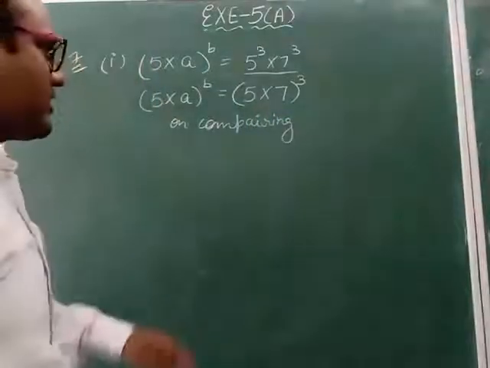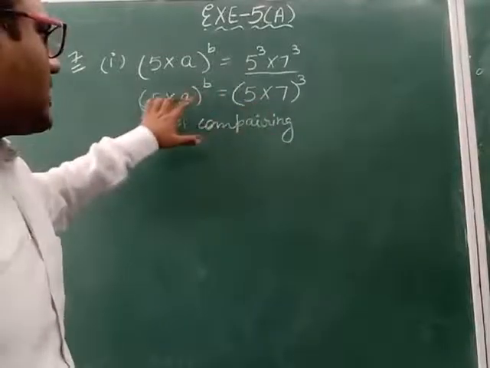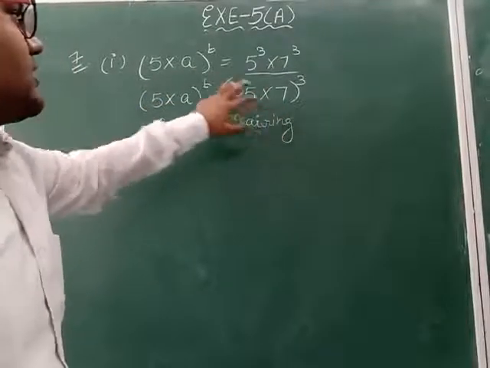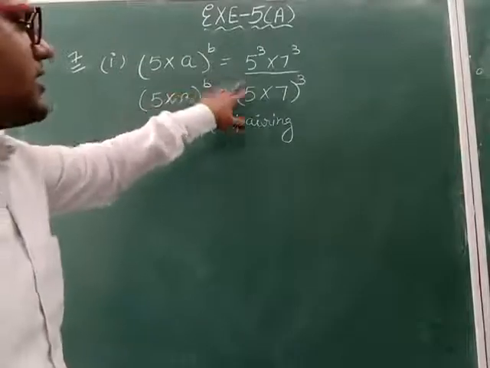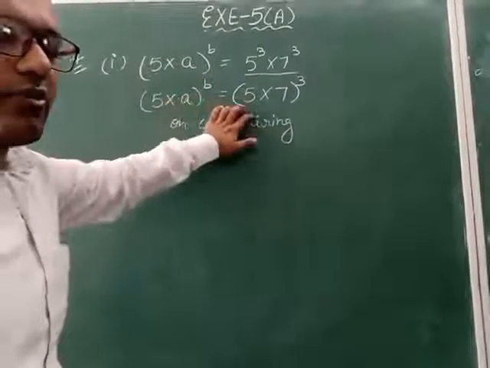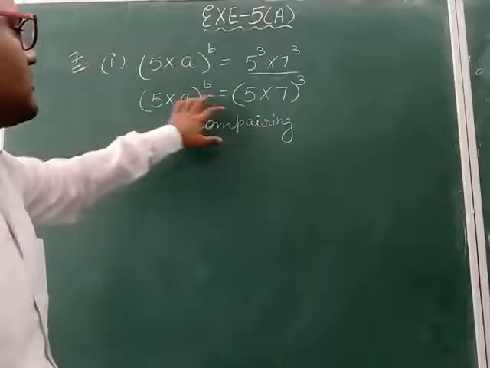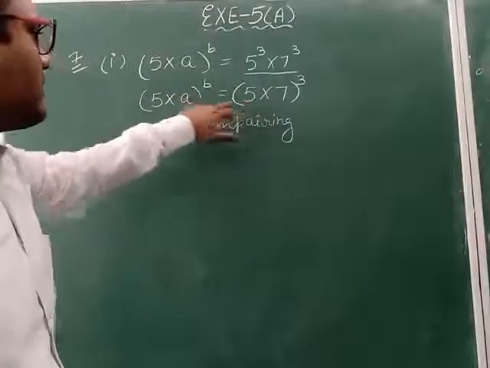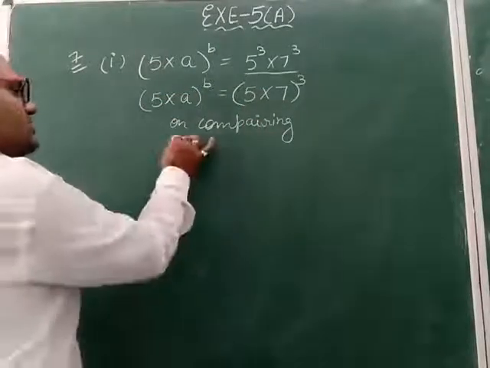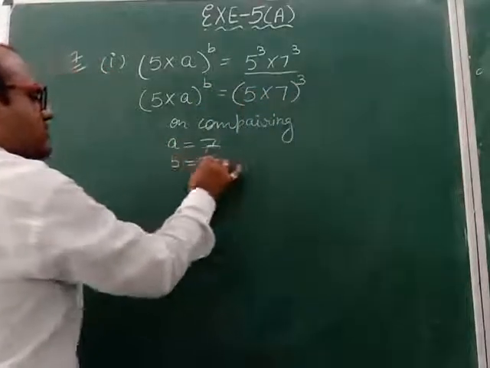Both the sides are looking a little bit the same. Here also bracket is coming, here also bracket is coming. In the bracket two numbers are in multiply. On the right side also two numbers are in multiply. Outside this bracket one power is there. Here also outside the bracket one power is there. So both the sides, left hand as well as right hand, are looking a little bit similar. So we will compare on both the sides because equal sign is coming. So 5 will take the place of this 5, multiply will take the place of this multiply, a will take the place of 7. So that means a answer is 7. Whole power b, whole power 3, that means b answer will be 3.